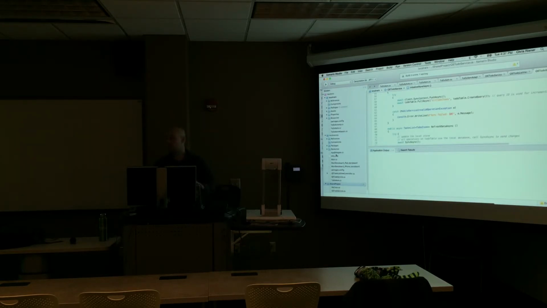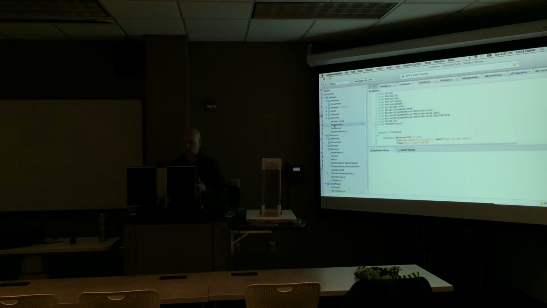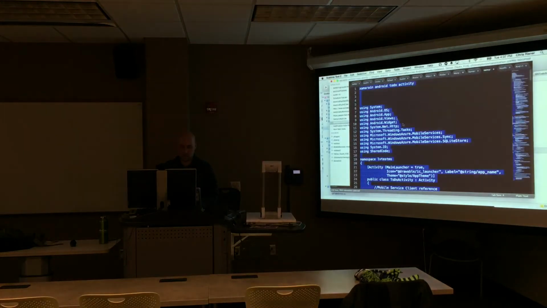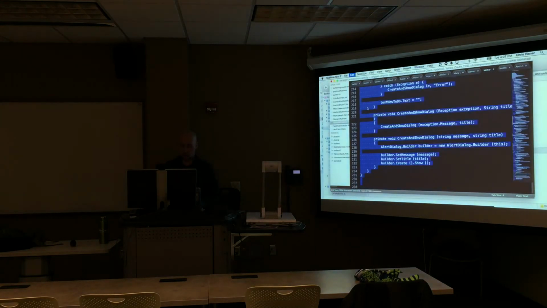It doesn't have all this mobile services stuff inside of it. The difficult part comes actually divorcing this to-do activity because everything's kind of built into it. And in the interest of saving time, I'm just going to go ahead and copy and paste some stuff, a to-do activity that doesn't use that, or rather that does use the